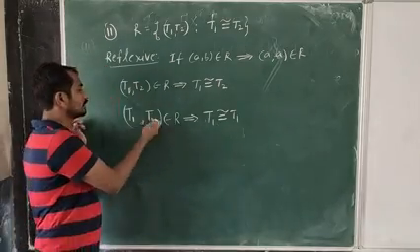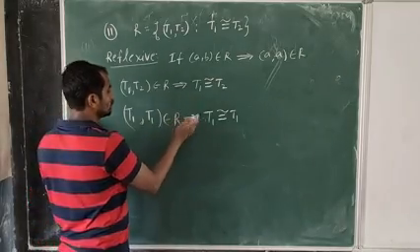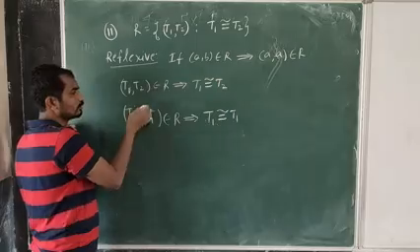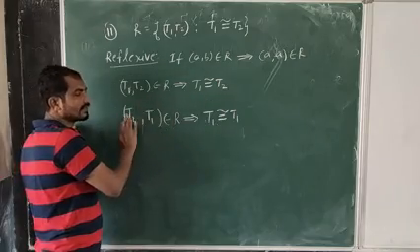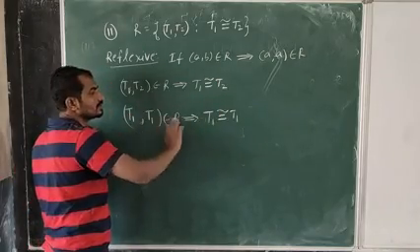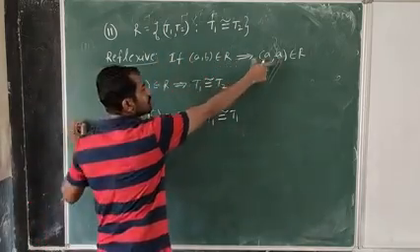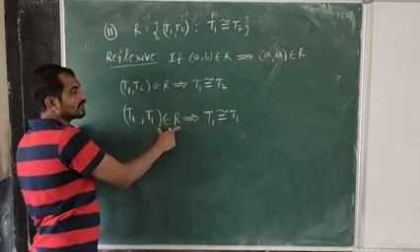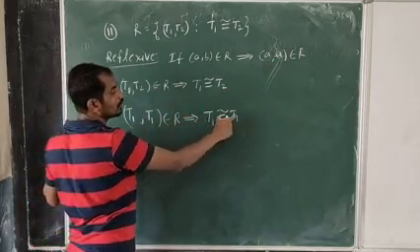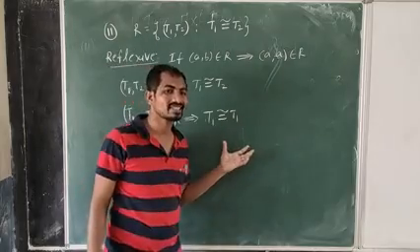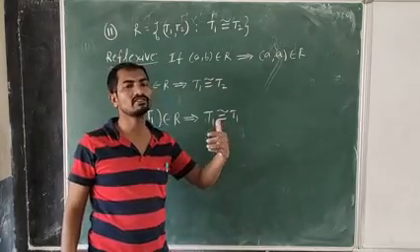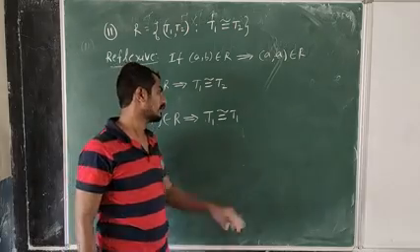That's why (T1, T2) belongs to R. Here we are just verifying whether this condition is satisfied or not. The condition was already given, and we applied the condition. After applying, what do we get? T1 is congruent to T1. That means both are the same triangle. A triangle itself is congruent, so that means it is reflexive.